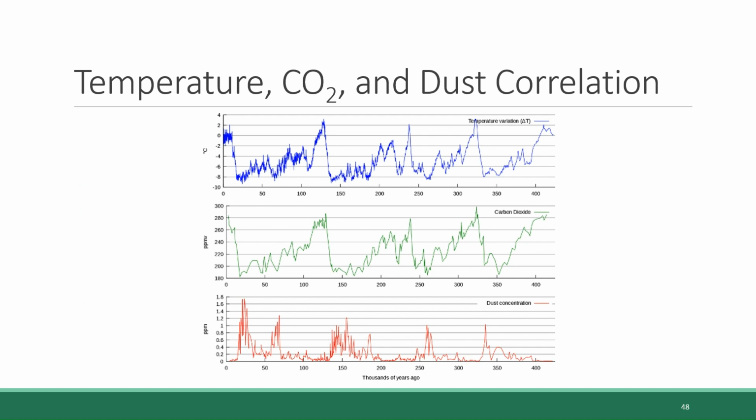This figure here shows on top in blue temperature changes over the past 50,000 years of Earth's history, determined from oxygen isotope analysis. And then in green below, it is the concentration of carbon dioxide observed in the trapped gas bubbles and the corresponding ice layers. And again, as you can see, this is very strong correlation showing higher carbon dioxide concentrations being associated with higher temperatures. The red line on the bottom is dust particle concentration, which remember is an indication of how dry versus humid the air was at the time.